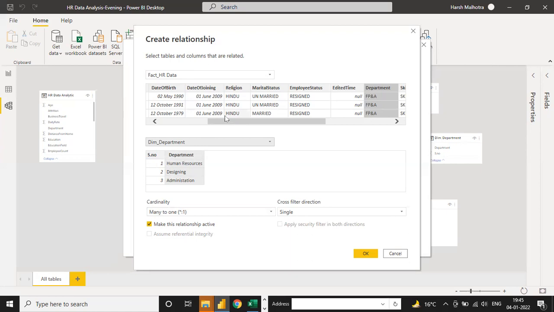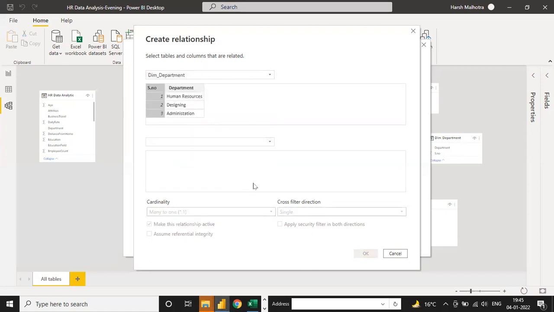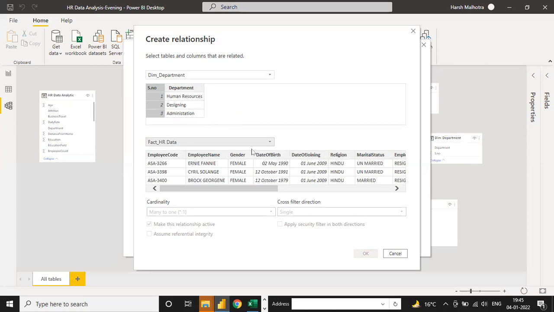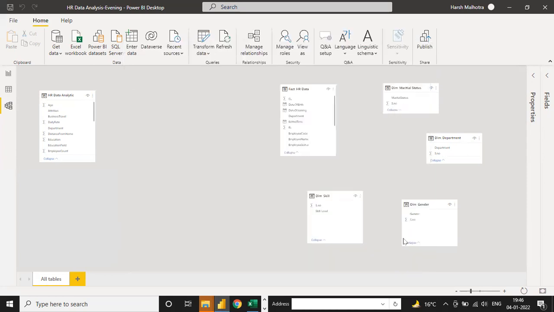Which is more hygienic? I mean, should we first keep the fact table? See, as per me, I always suggest you first select the dimension table like this, and at the bottom you always select your fact table. I suggest that way because if I don't want a relationship with this manage relationship, click on Cancel and close.